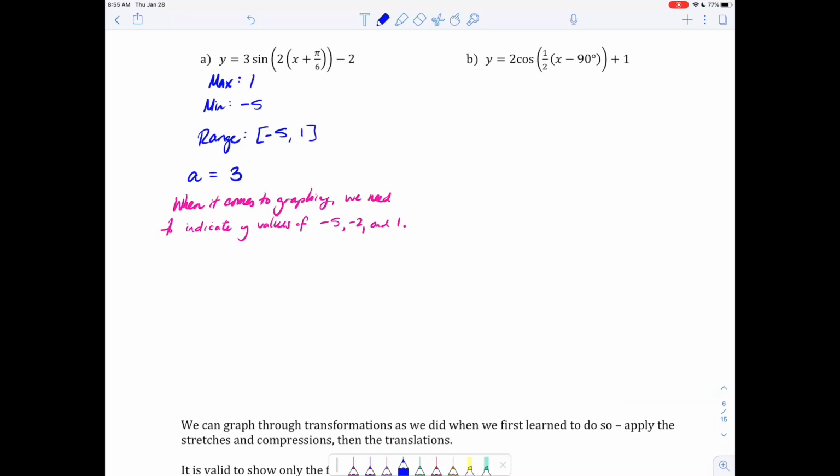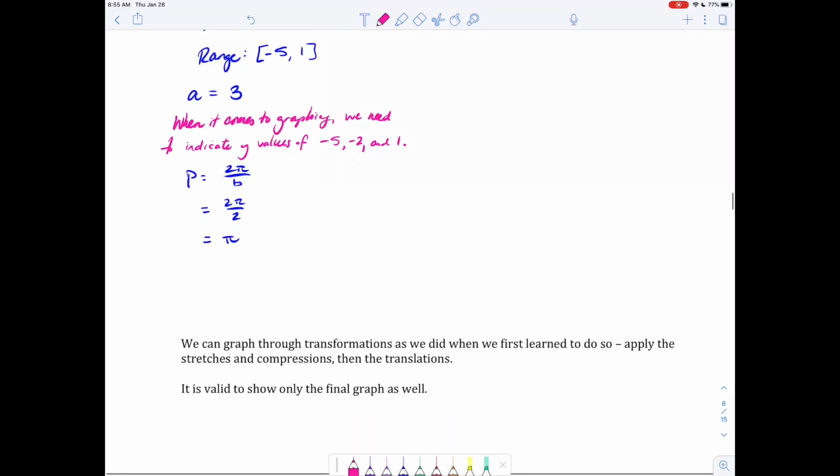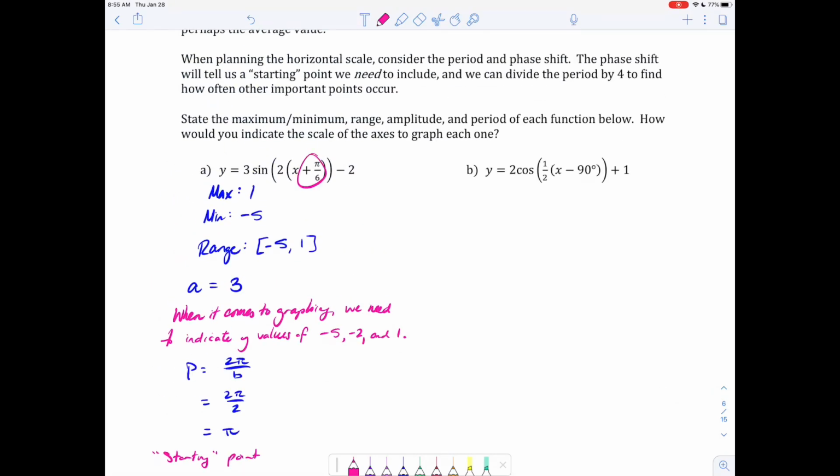The period P is 2 pi over B, as you may recall from our previous lesson, which in this case is 2 pi over 2, which is pi. So we've got a starting point, starting in quotation marks, because technically it could start anywhere, but this one has shifted pi over 6 to the left,